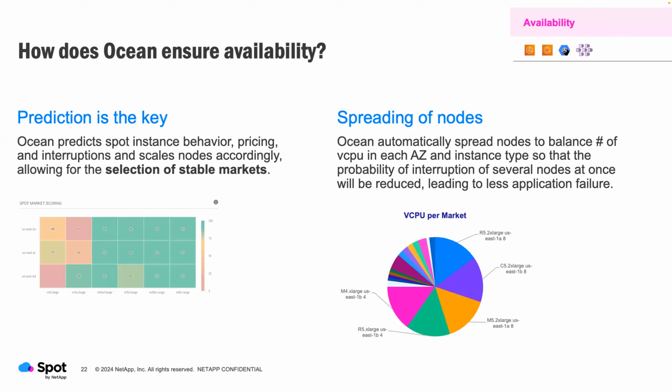The other one here is around the way that we spread nodes. We want to make sure that we are spreading nodes not just across the different AZs in a particular region. Yes, we want to do that, but we also spread across the different instance types just to make sure that we manage the interruptions, because they always do get interrupted. If we're using all of our nodes on the same instance type, all of them are going to be interrupted at the exact same time, which again is not ideal. We can handle it, but it just means that it runs in a bit more of a clumsy manner. So we make sure that we balance things out. Let's have a balanced approach from the instances that we're choosing, and a balanced approach from the AZs that we're deploying into.